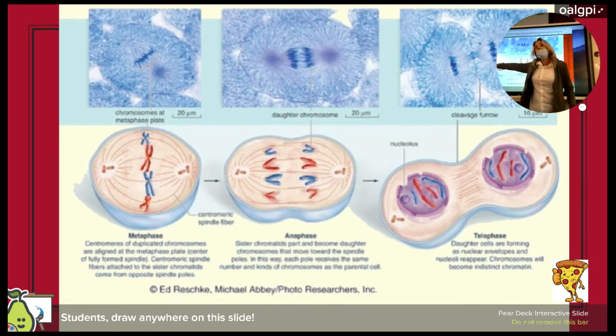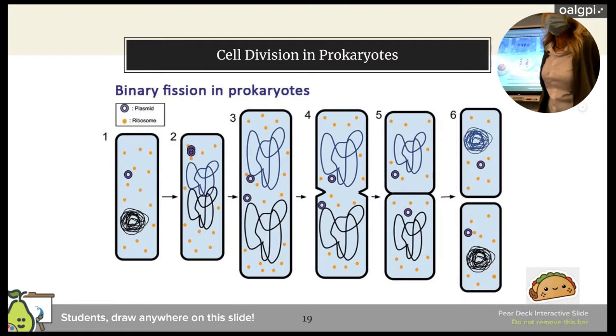Now, cytokinesis is different if you are a what or a what? Anything that has a cell wall would do it differently, right? Because they have to rebuild the cell wall. Perfect. Okay. And then bacterial cells do not do mitosis. Prokaryotic cells do not do mitosis. Whereas